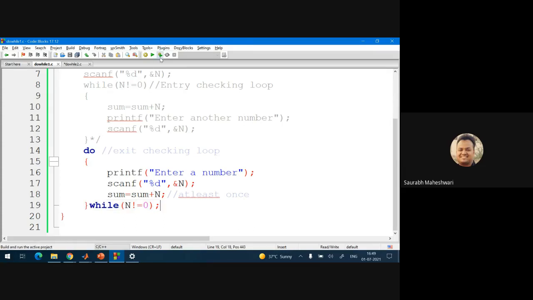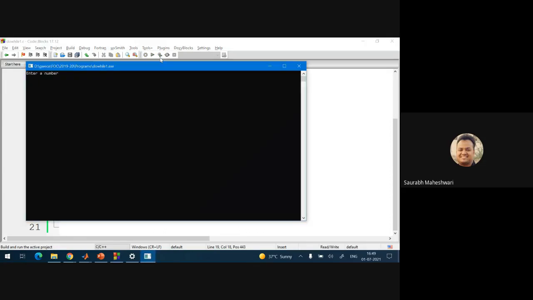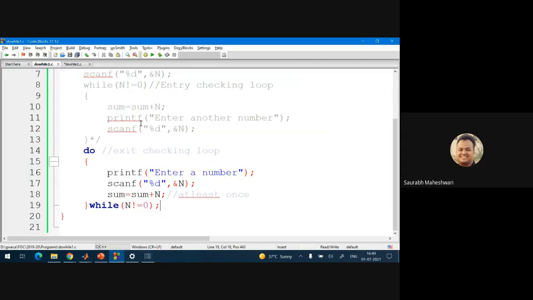So let us run this. Enter a number. I entered 6, then enter a number 6. Suppose, what is the problem? Till when will this run? Till we don't enter 0. So I entered 0. Now this has stopped. So what happened? The sum was not printed.